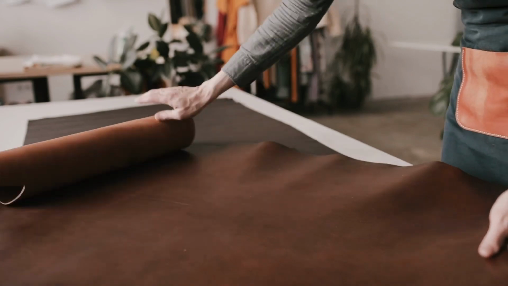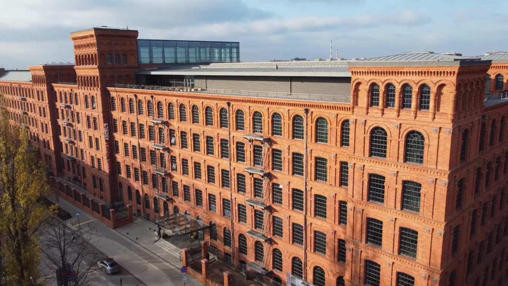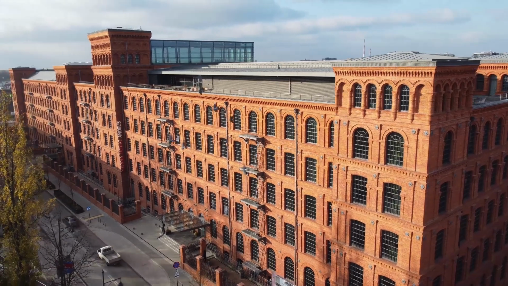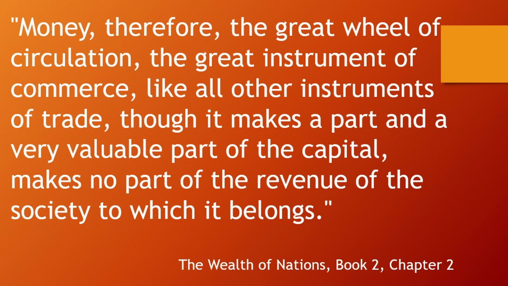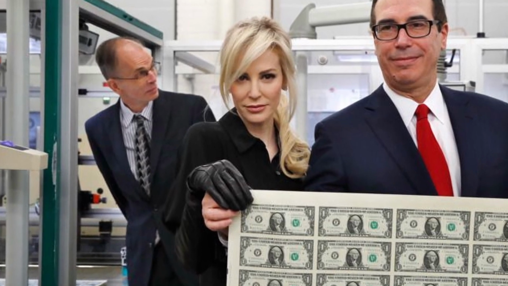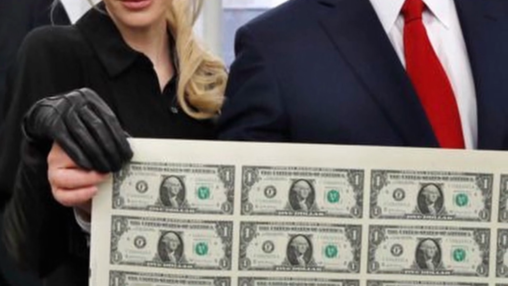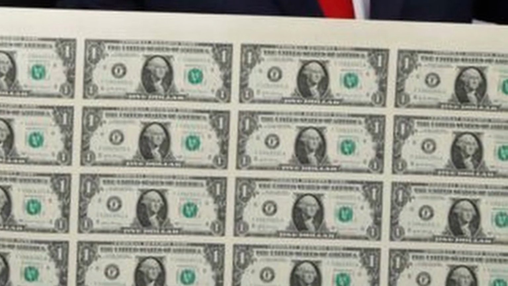Provisions, raw material, and finished goods all eventually end up either being consumed or becoming fixed capital themselves. Money, however, acts instead like a wheel, helping to distribute revenue around society without actually contributing to that revenue. It also resembles fixed capital in that it costs to produce and maintain it. We've jumped ahead of ourselves here though, so let's go back to the beginning of the chapter.